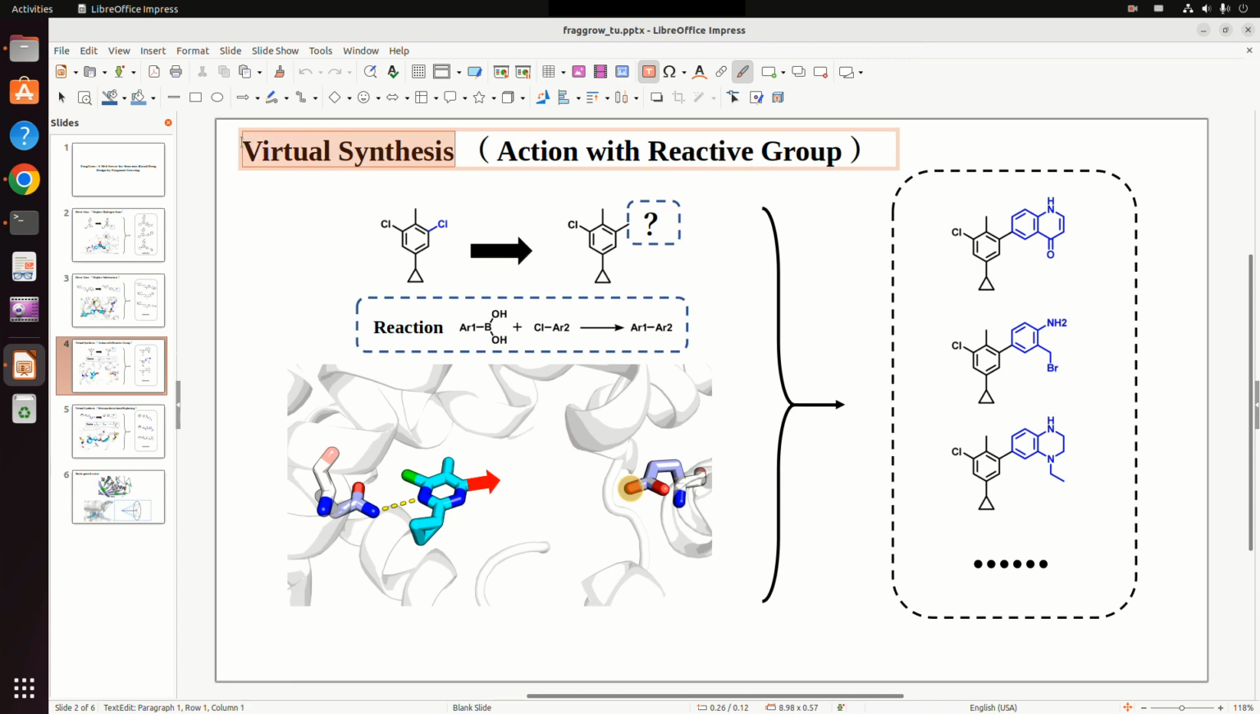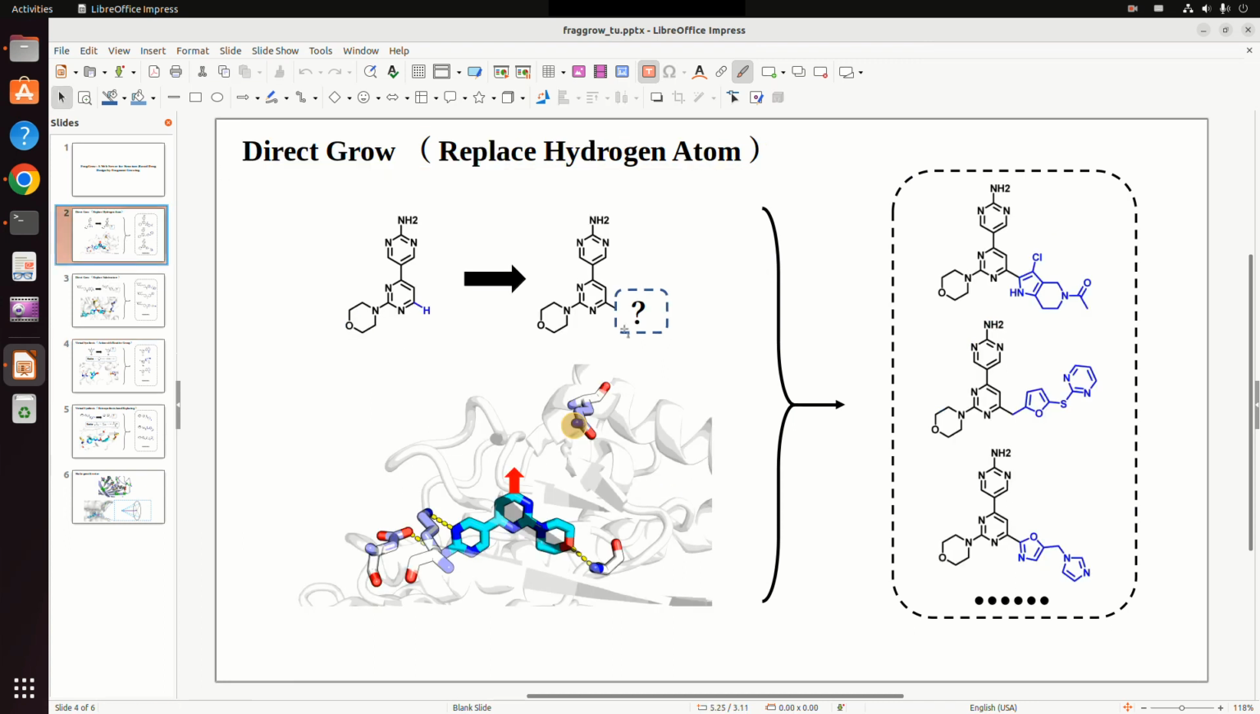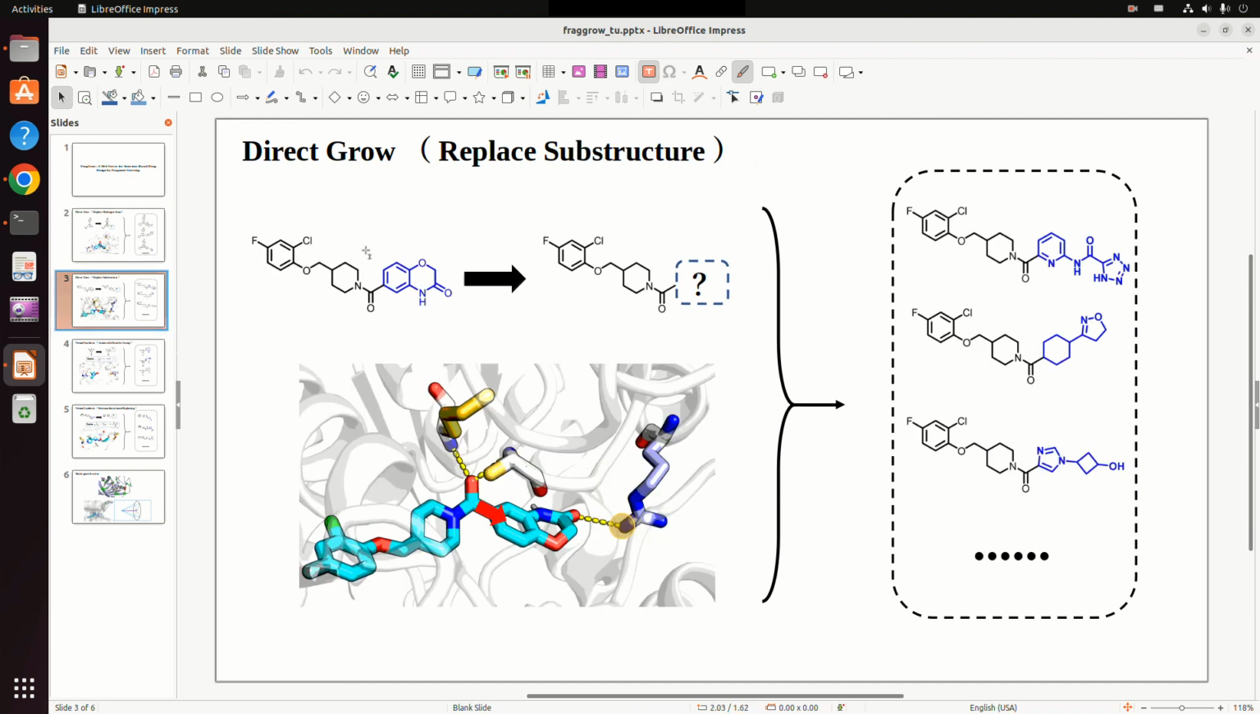In the direct grow mode, the users can replace the hydrogen atom of an input compound or replace the substructure of the input compound with any fragment directly without considering its synthesizability, while in the virtual synthesis mode,